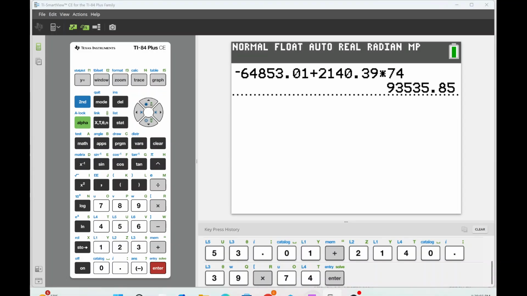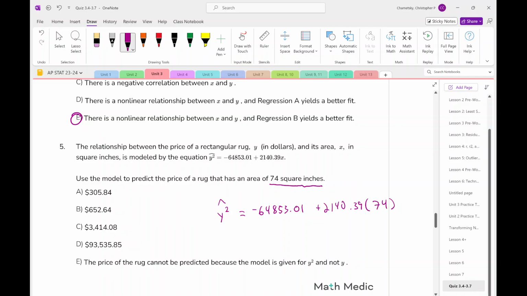And we might be tempted to circle letter D,